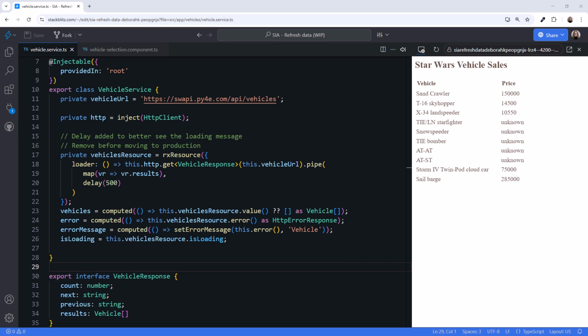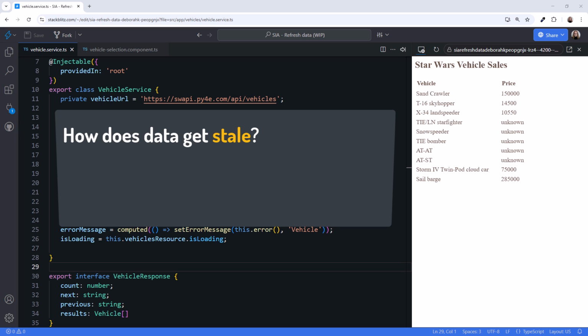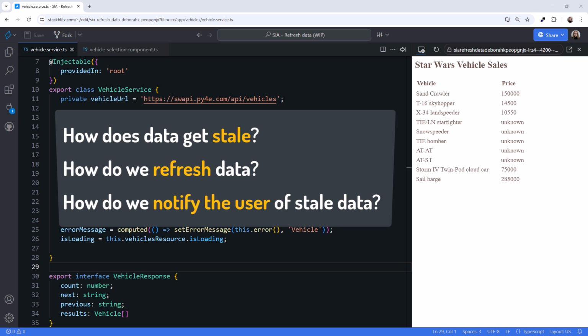Hey, has your data gone stale? Refresh it easily with the Resource API. In this video, we explore how data gets stale and demonstrate how to refresh it using the new experimental Resource API. We first add a refresh button, then leverage linkedSignal and setTimeout to keep users informed when their data needs